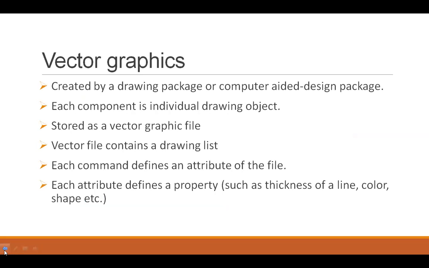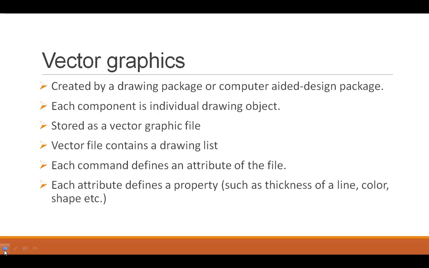So that's how the vector graphic file works. When it is storing the image, it does not actually contain any image or graphic picture. No. The vector file just stores the graphical commands. Like, this is where the point should be, so the XY coordinates of the point. This is how the line should be drawn: the thickness of the line, the design of the line, whether it is a filled box or an empty box. All these are stored in the vector file.